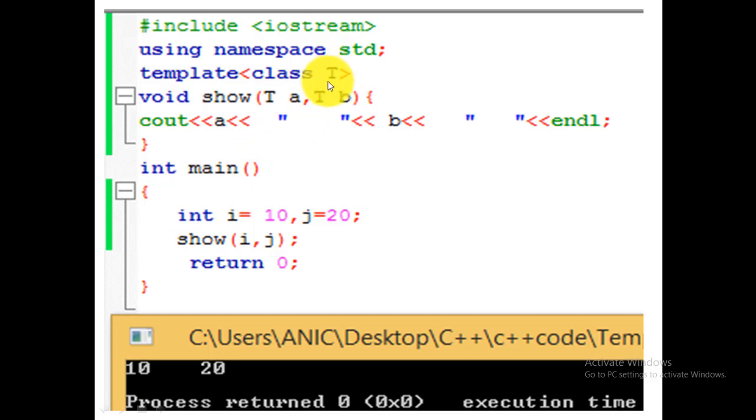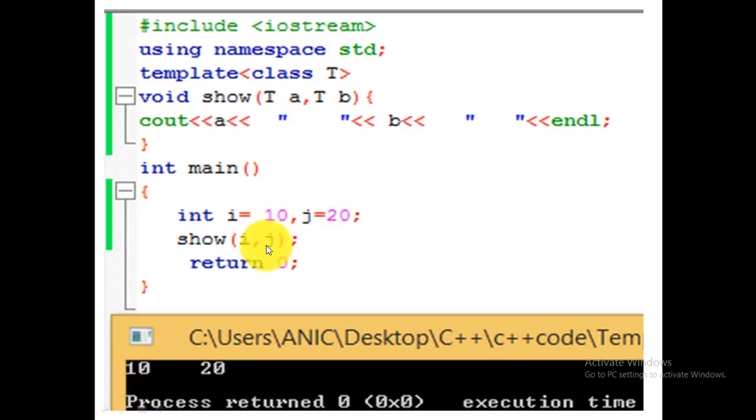The place of T will be overridden with int. So here it would be int A and int B, right? In the same way, when we pass the values of i and j, the function receives them in A and B, and simply prints the values. So here is the output: 10 and 20.